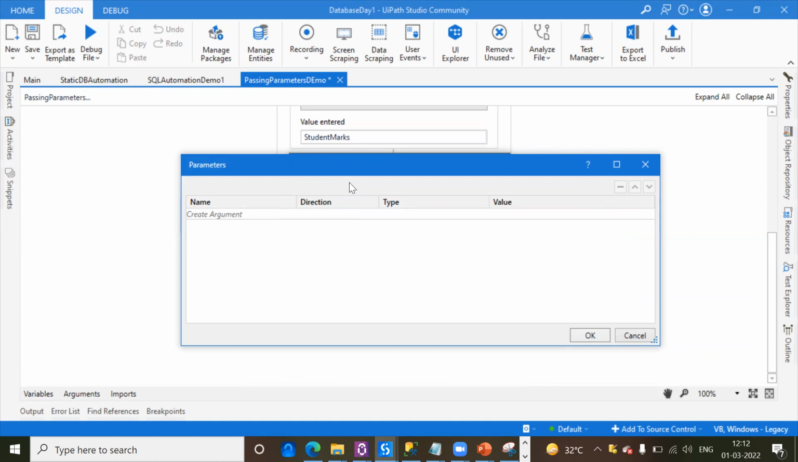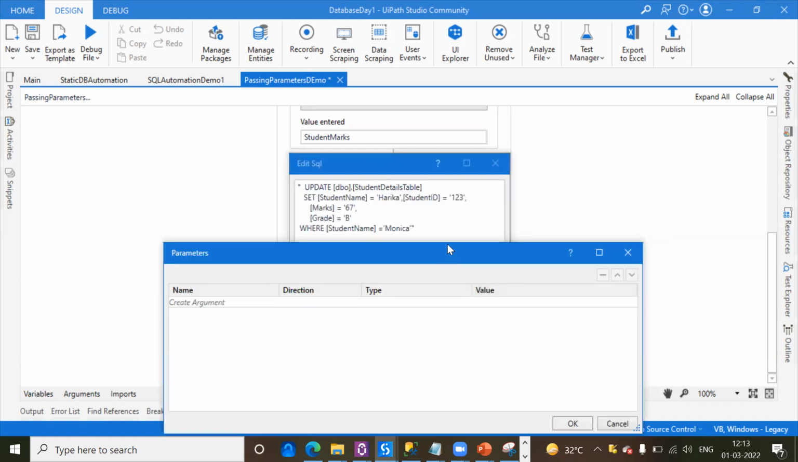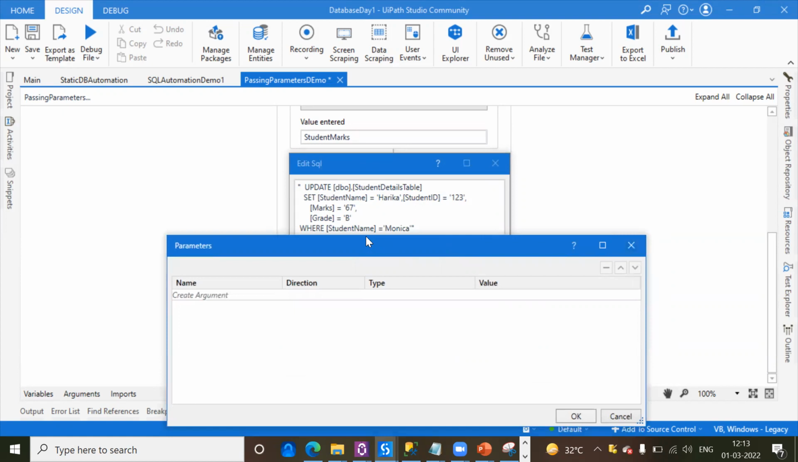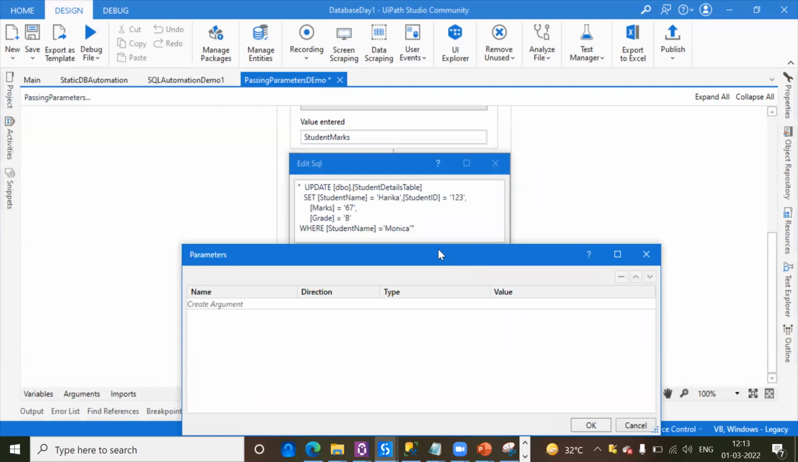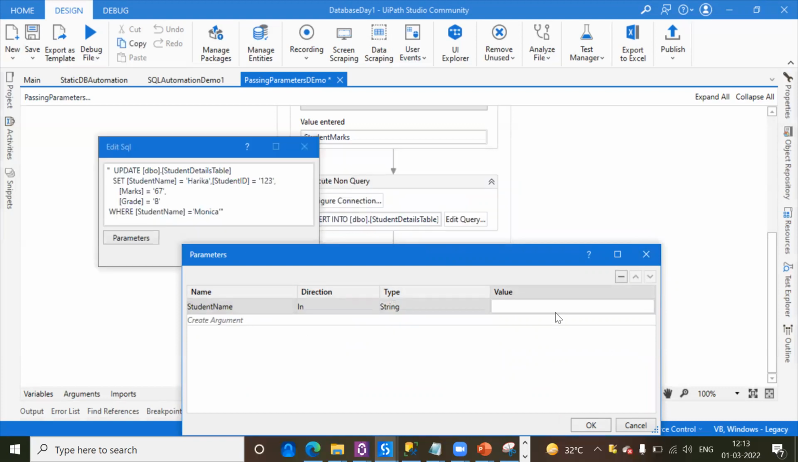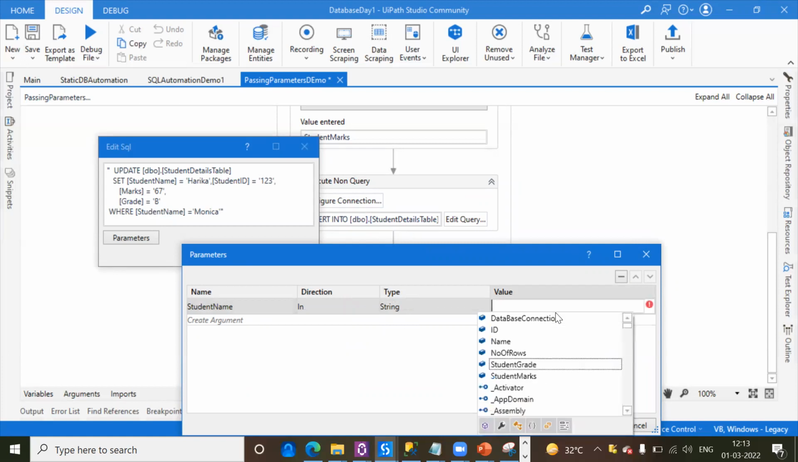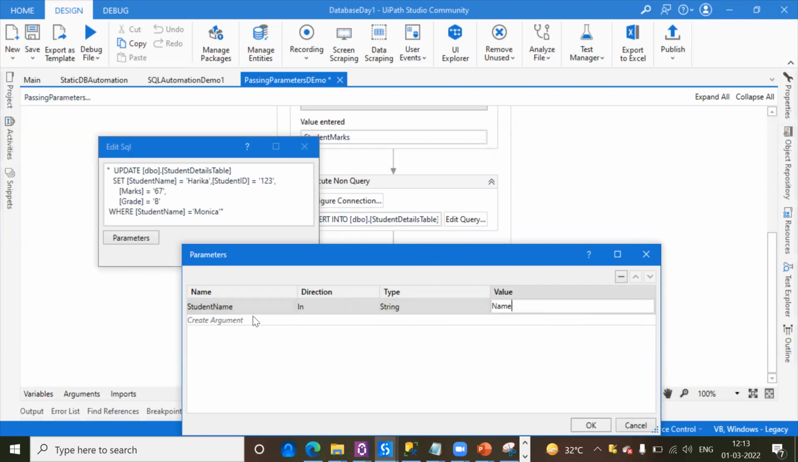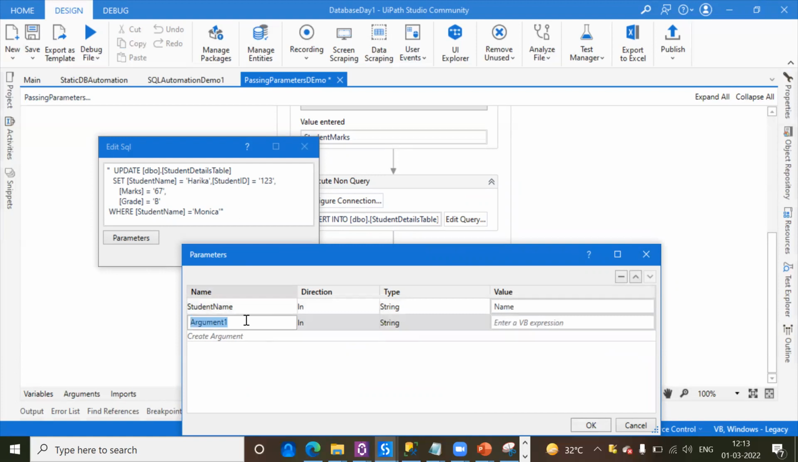Okay, so now what exactly I'm going to do here, I have to pass, let's say if the student name is Monica, I wanted to change that into this. So for that let me take an argument, which is student name, as I already have name of the student, right? Name, and student ID as